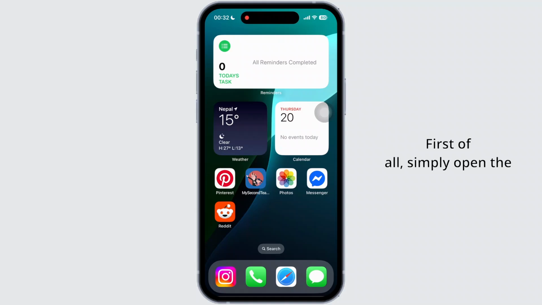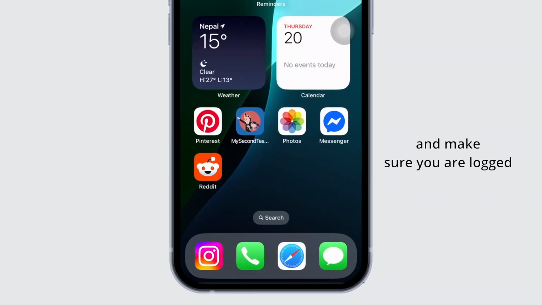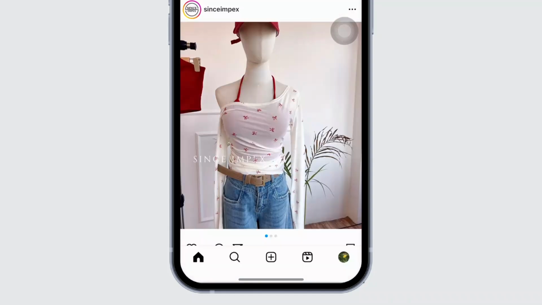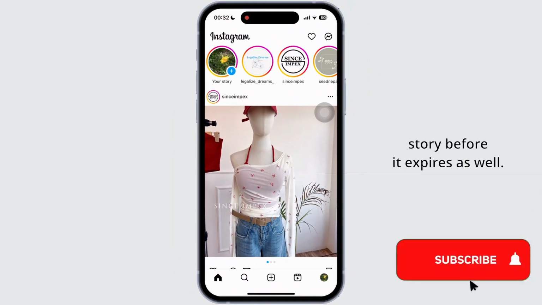First of all, simply open the Instagram app on your mobile device and make sure you are logged into your Instagram account. Instagram allows you to archive your stories automatically after 24 hours, but you can manually archive your story before it